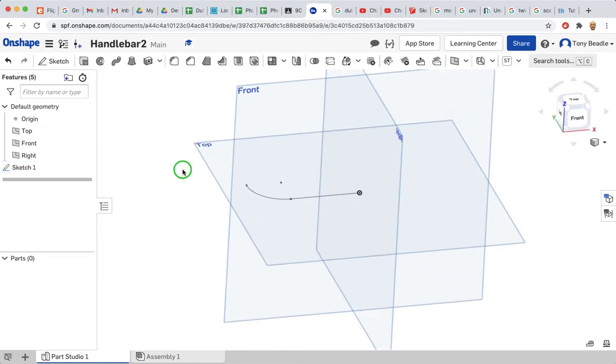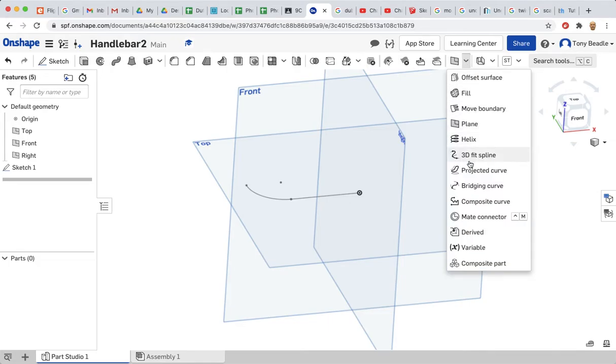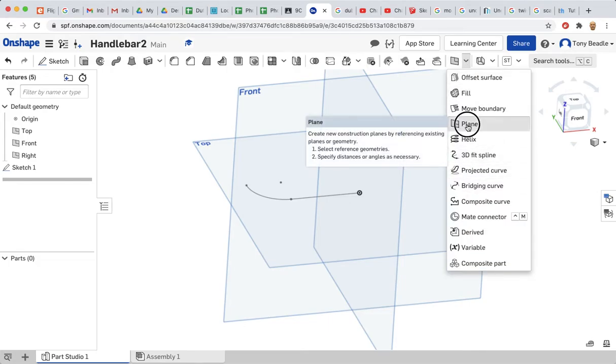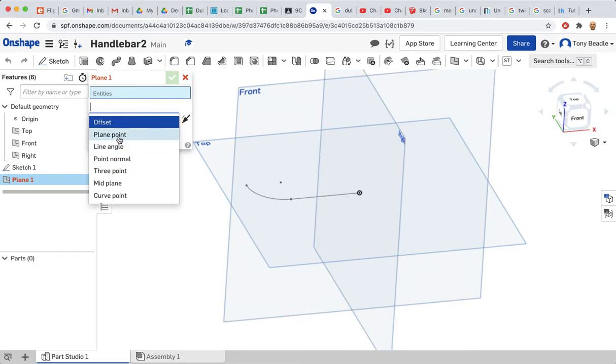Now the problem is, how do I then get a part to curl down to the next part, because I can't carry on drawing along this plane, so I need to now work on a plane that's parallel to this. So to do that, I'm going to go to my new plane tool here, so you may need to choose it from the drop down list, so plane. Okay, I'm going to choose a plane point,